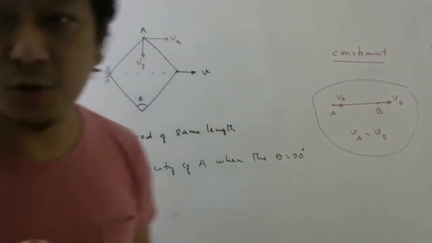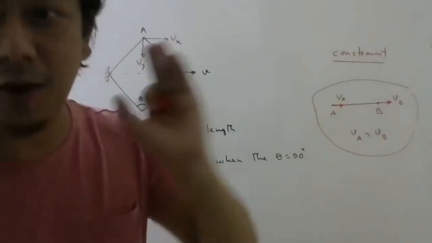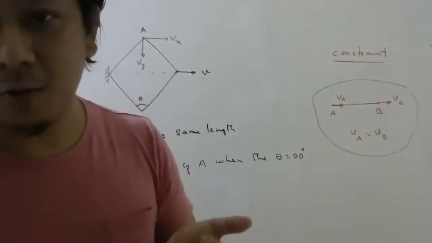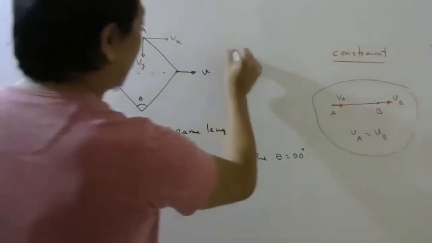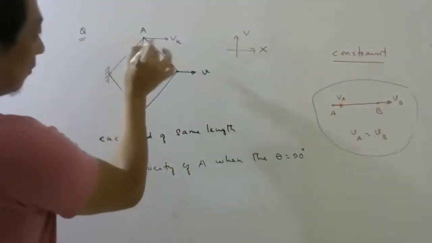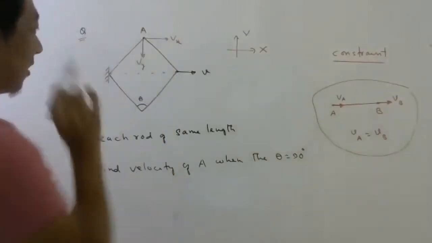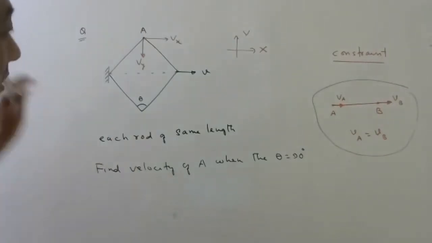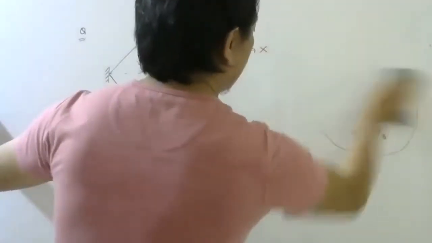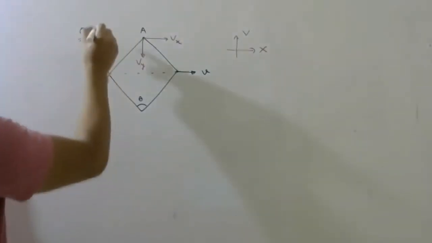See, this is the technique you should apply. When you don't know the velocity, whether it is only along the x-axis or only along the y-axis, then you assume that it has whatever velocity it has, and you can take two components, one Vx, one Vy. Once you have done that, this is the first method.